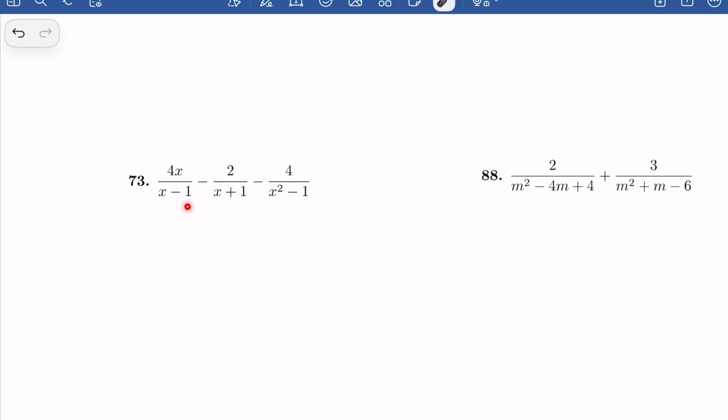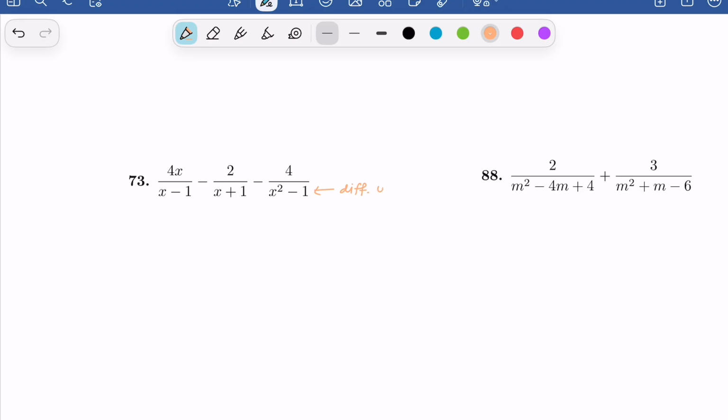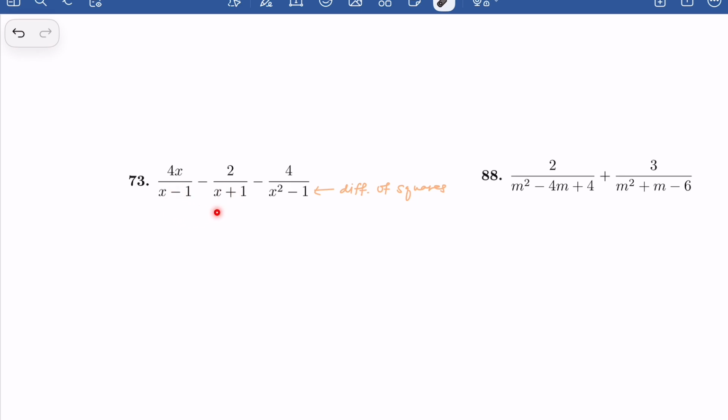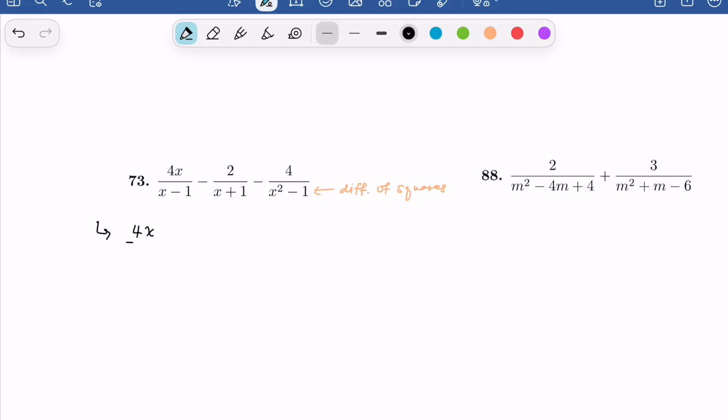But notice that both of these denominators can't be factored any further. They can't be simplified, but this guy can. This is going to be a difference of two squares. x squared is a perfect square and 1 is a perfect square. So since this is a difference of squares, we should factor this and see if it has any common factors with any of these denominators here, because remember, we're taking the factor raised to the greatest power. So let's go ahead and rewrite this expression. In our denominator here, since this is a difference of squares, we're going to have x plus 1 times x